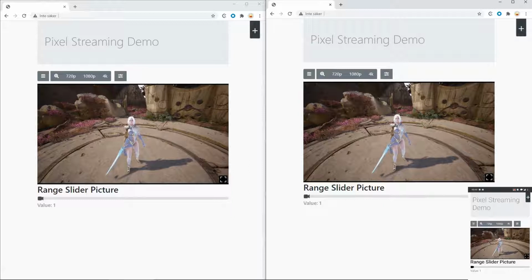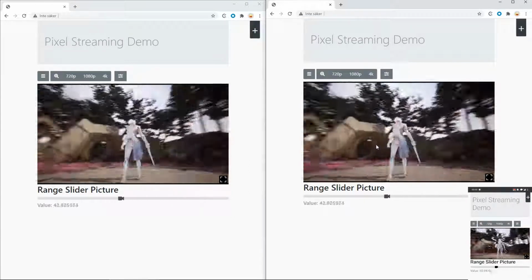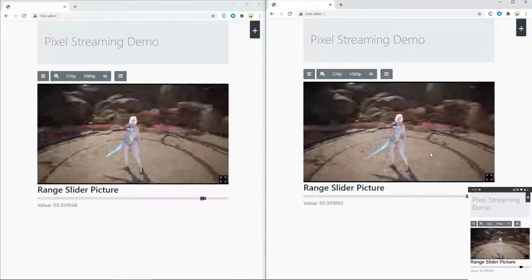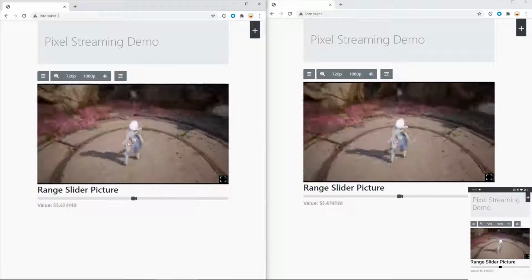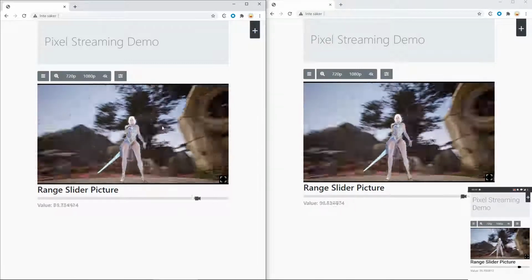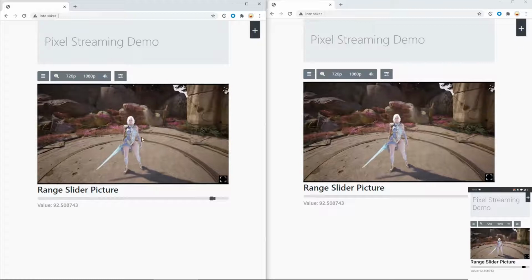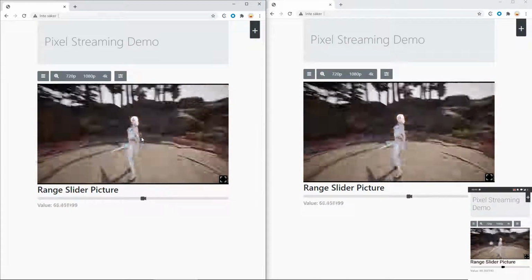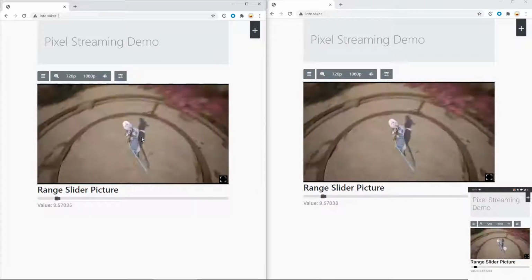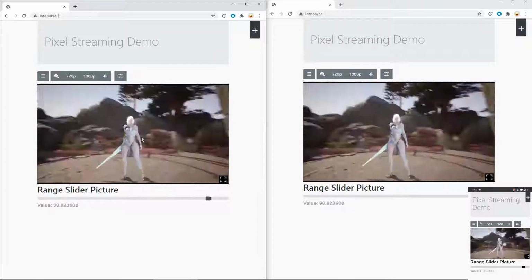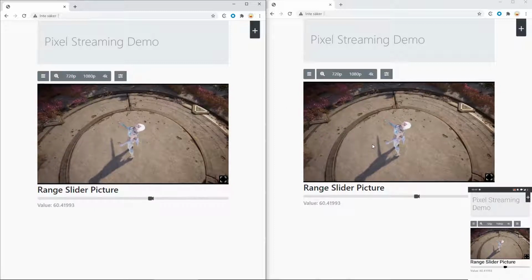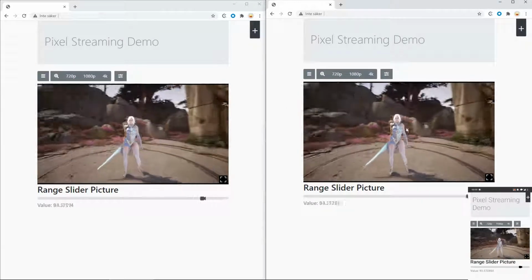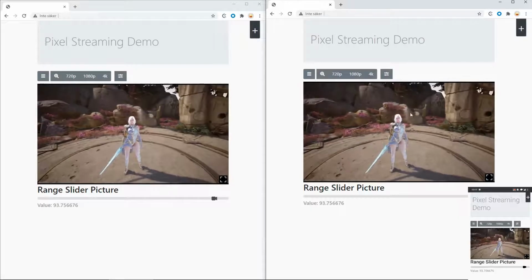Now when we have this set up, you'll notice that whenever I interact with the application on a website or through a website, it changes all the other users as well. So all the users that are looking on this website, if it's on Google Chrome on the PC or on a phone, it changes the slider value for everyone. So I can touch the application here on my phone, or just change the camera rotation here in Chrome.